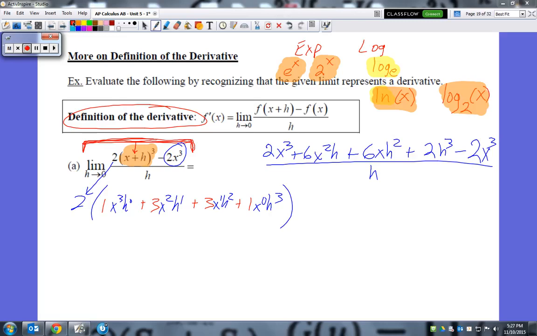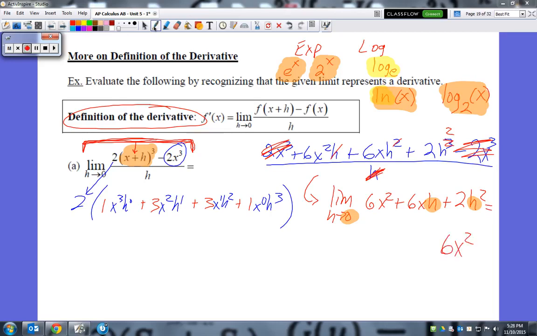Well, from here you should see that this will cancel with this to a form of 0, and then this h is going to reduce all of these so that I have left over 6x squared plus 6xh plus 2h squared. Now, way back when we did these problems, and I said you just cancel the denominator, what is the next step? Well, that is when you plug it in. So you just canceled. So the next thing is to rewrite this limit, and then you would then apply this here and here